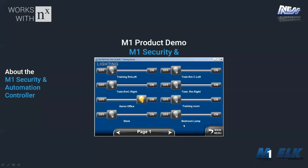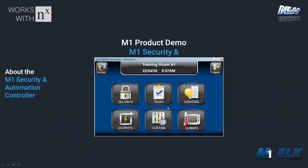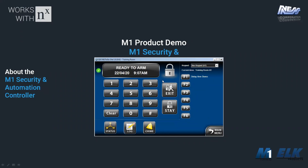Now, in addition to being able to control anything via voice, we can also use the assistant, the Google Home voice, or speaker, I should say, when an event occurs on an M1 to get it to do something. And if we, for example, arm the system, I've got it set up that when the system is armed, it can speak something. So if I arm my area here,